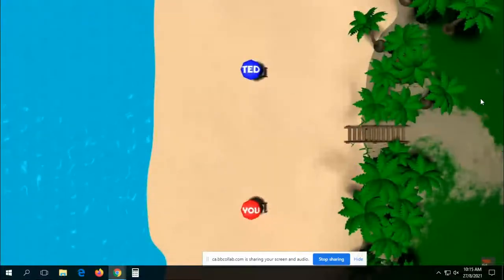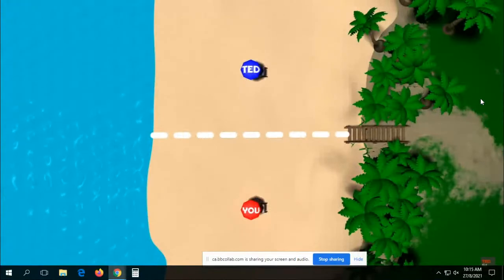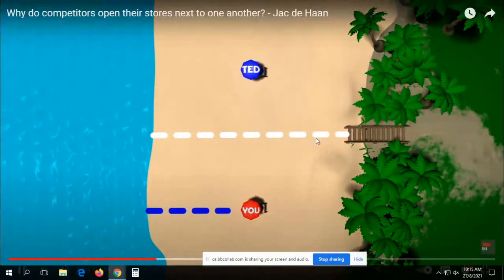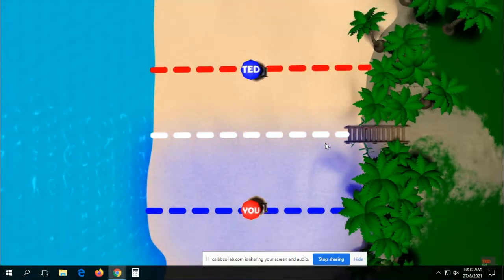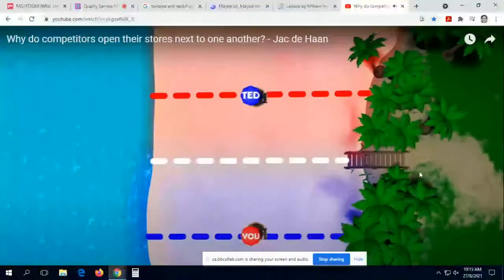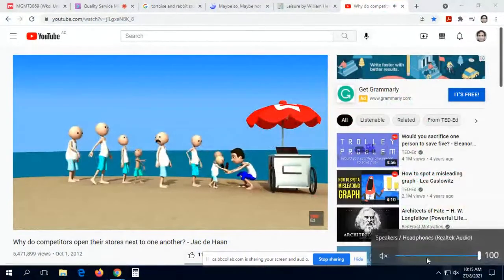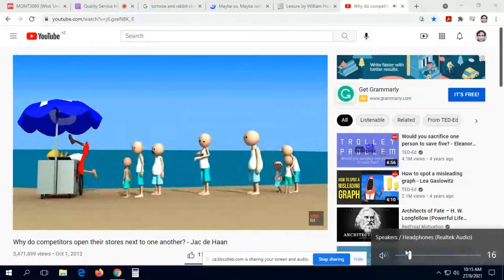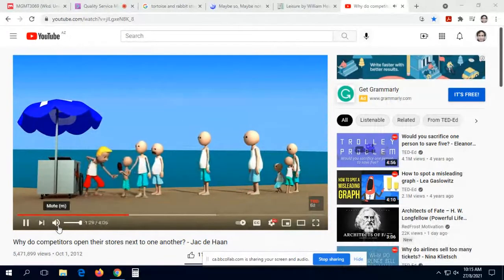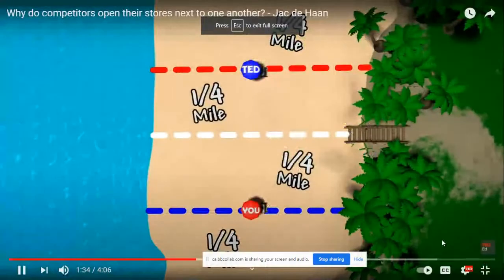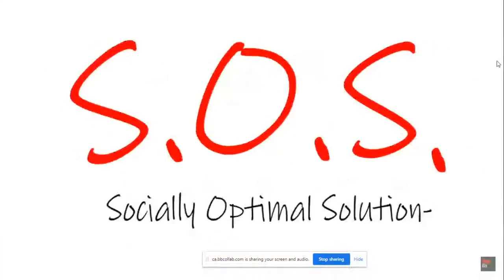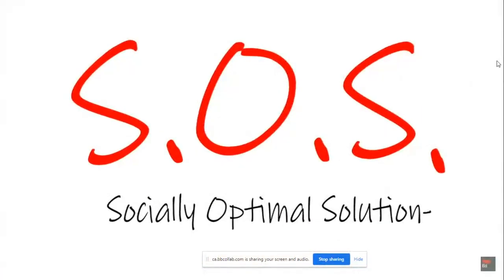You agree that you will split the beach in half. In order to ensure that customers don't have to walk too far, you set up your cart a 1/4 mile south of the beach center, right in the middle of your territory. Teddy sets up a 1/4 mile north of the center in the middle of Teddy territory. With this agreement, everyone south of you buys ice cream from you. Everyone north of Teddy buys from him, and the 50% of beachgoers in between walk to the closest cart. No one walks more than a 1/4 of a mile, and both vendors sell to half of the beachgoers. Game theorists consider this a socially optimal solution. It minimizes the maximum number of steps any visitor must take in order to reach an ice cream cart.